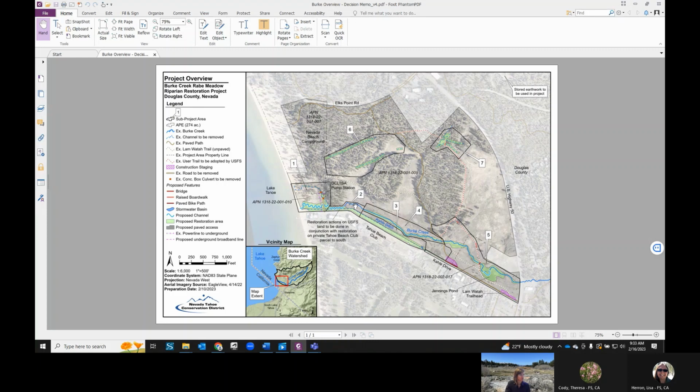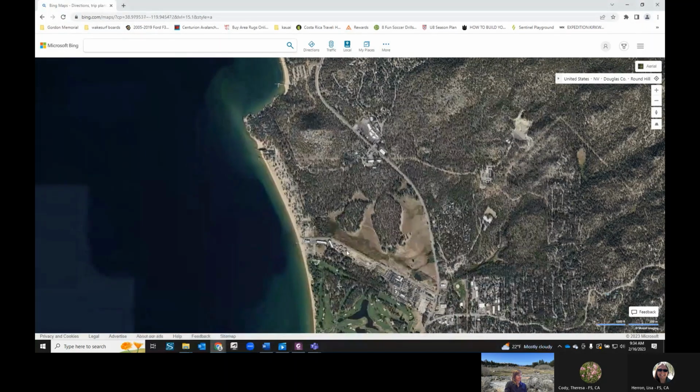So there's Subproject Area 2, Subproject Area 3 along the Tahoe Beach Club Forest Service parcel boundary, Subproject Area 4 along Burke Creek just to the north of Subproject Area 3, and then Subproject Area 5 at Jennings Pond and along Kale Drive, and then finally Subproject Area 6 and 7, both in upland meadows. Now I'll go over each of the subproject areas and the proposed actions that are happening in each of them. So we'll start with Subproject Area 1,